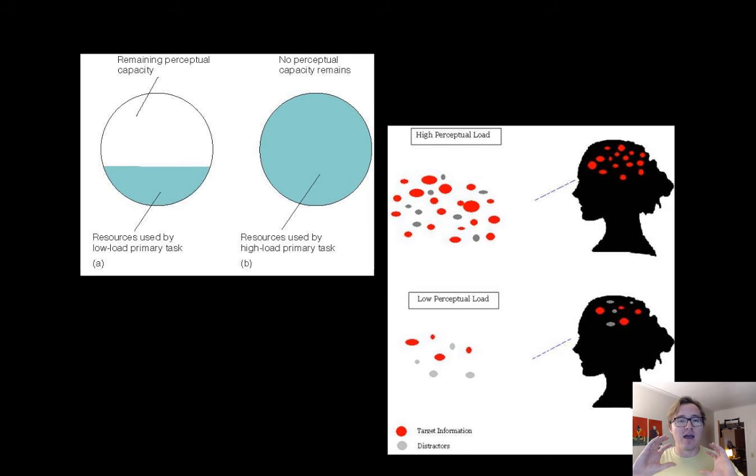So basically, there's this trade-off in terms of how complicated you make a stimulus. Do you make it very high load so that the participants get the most information out of that material, or do you make it low load and they're more likely to be distracted and find other things to pay attention to?